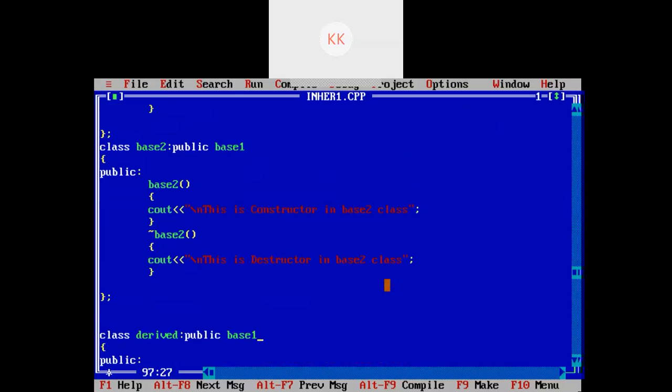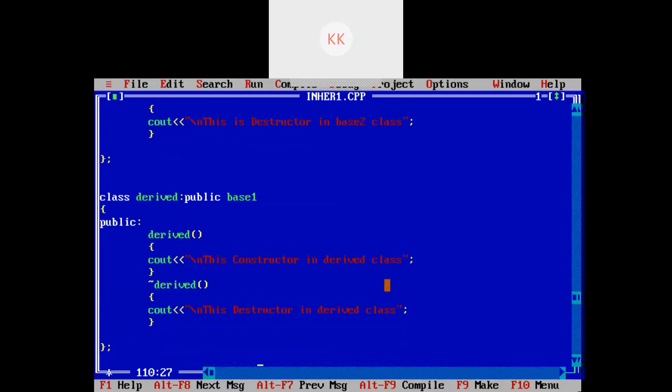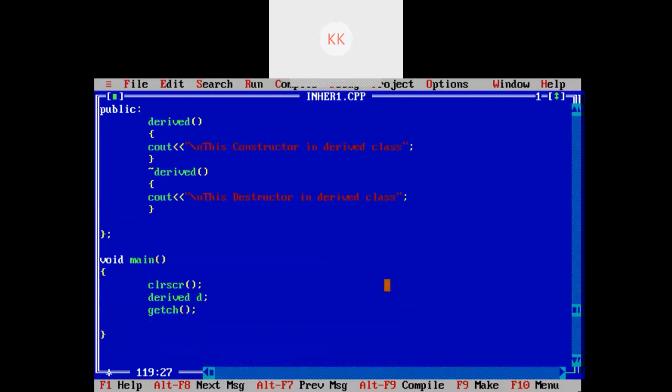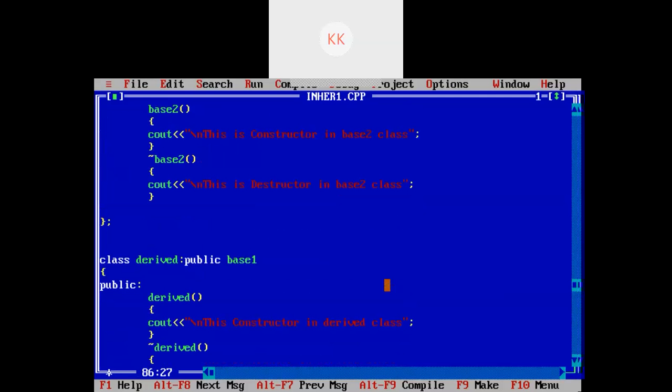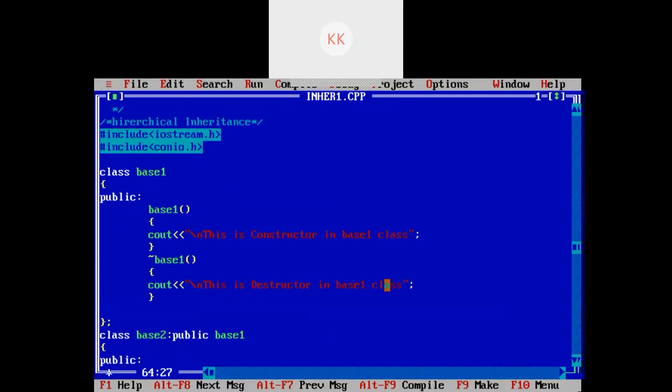Okay. So this type of inheritance is called hierarchical inheritance, right? Wherein we are having a relationship of parent and children. In this case, base class 1 will be the parent for both base class 2 and the derived class. Right? So this type of inheritance is called hierarchical inheritance.